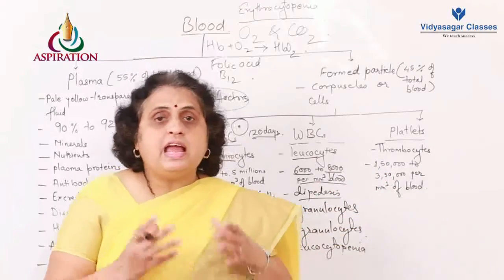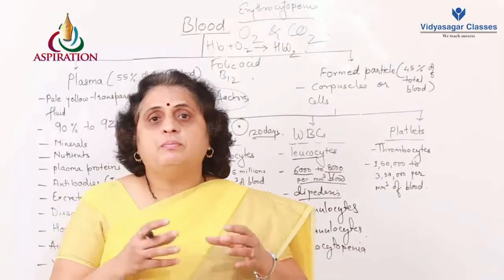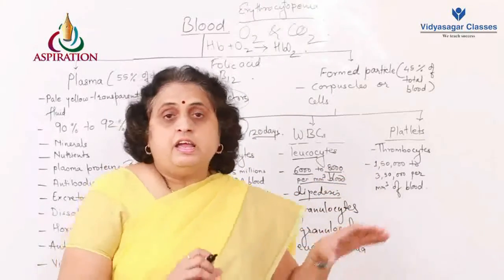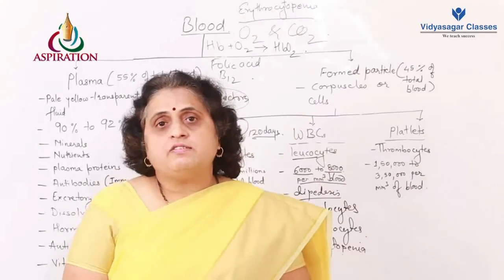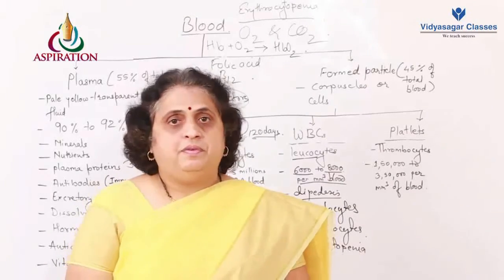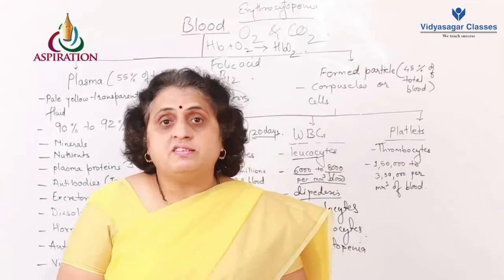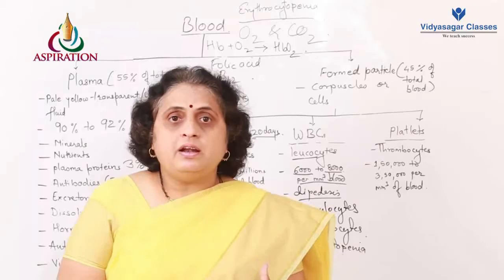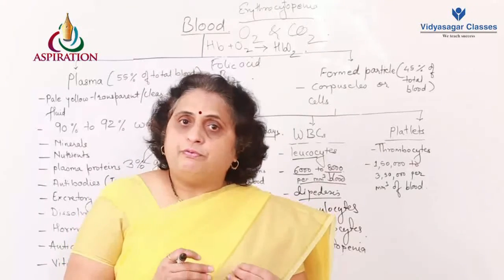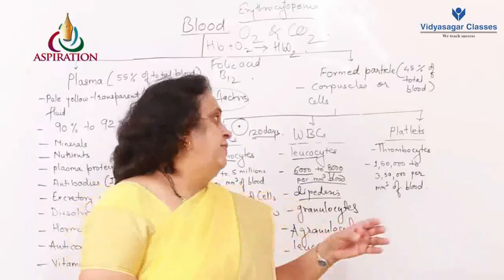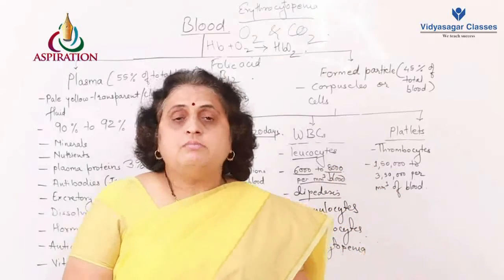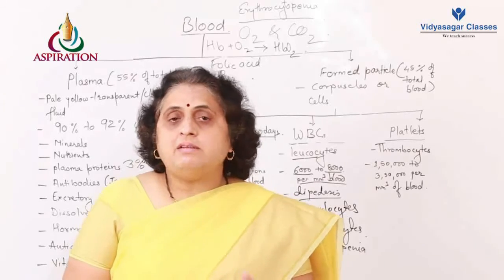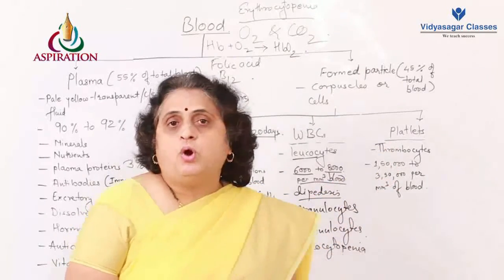These platelets generally add to the viscosity of the blood along with the plasma protein. If platelets are abnormally decreased, it is called thrombocytopenia. And if the platelets are abnormally increased, it is called thrombocytosis. Very rarely we find thrombocytosis, but thrombocytopenia is definitely a symptomatic condition in the majority of cases like dengue and malaria. In dengue and malaria, the platelet counts fall.